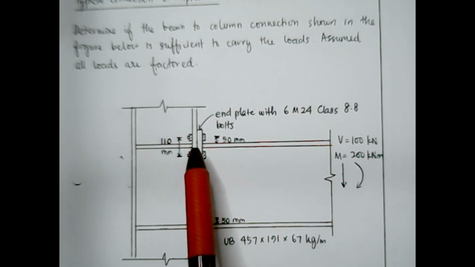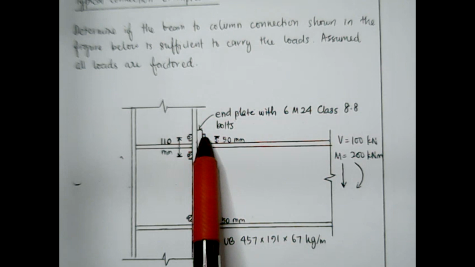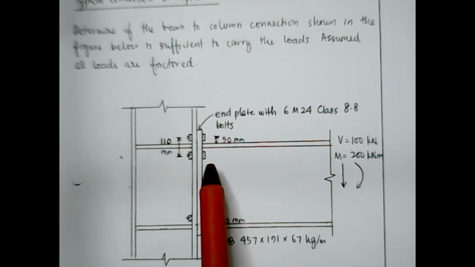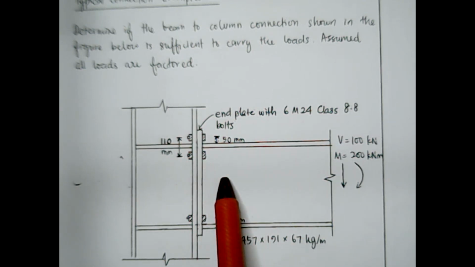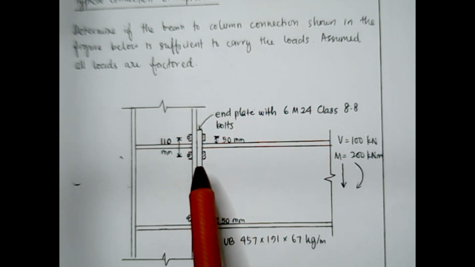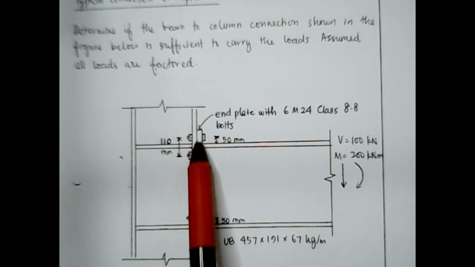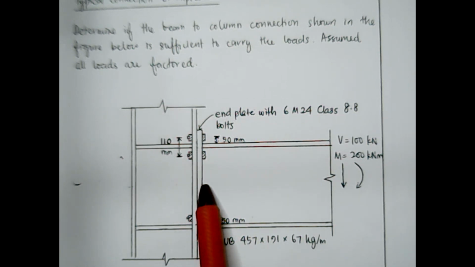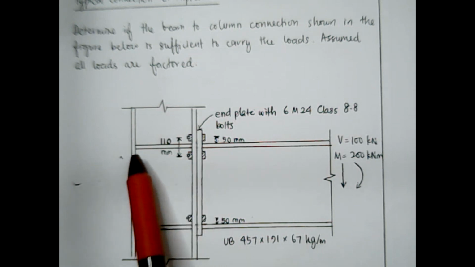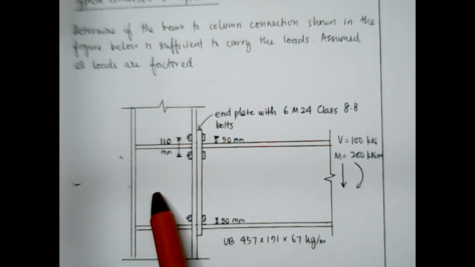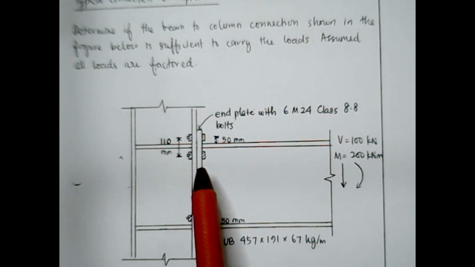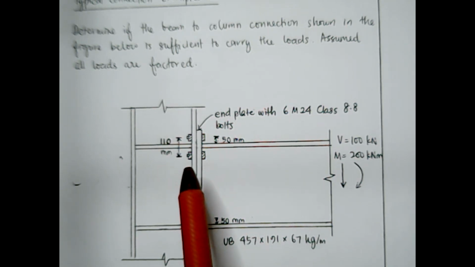No one will tell you, you need to check the resistance of the bolt due to shear, or you need to check the resistance of the web due to shear, for instance, or you need to check the shear resistance of the plate. So basically no one will tell you what to check for the connection design. Therefore,